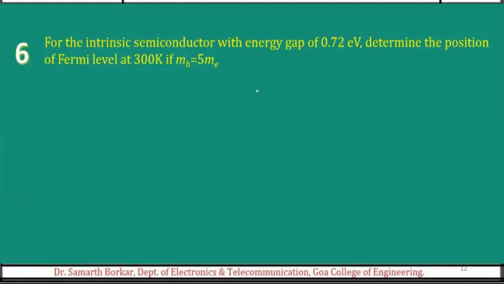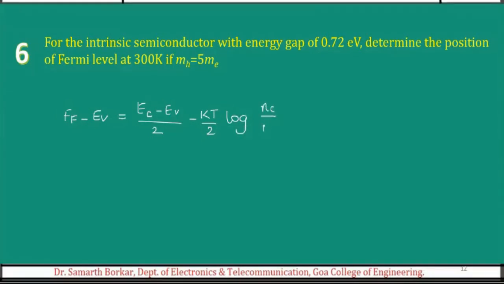For the intrinsic semiconductor with energy gap of 0.72 electron volt, determine the position of Fermi level at 300 Kelvin if the mass of hole is equal to 5 times the mass of electron. Now, the very first equation that should come to your mind is, in case of intrinsic semiconductor, the difference EF minus EV is equal to (EC minus EV)/2 minus KT/2